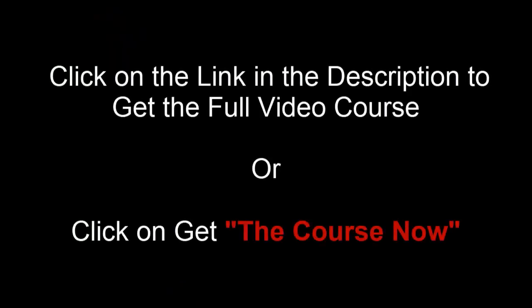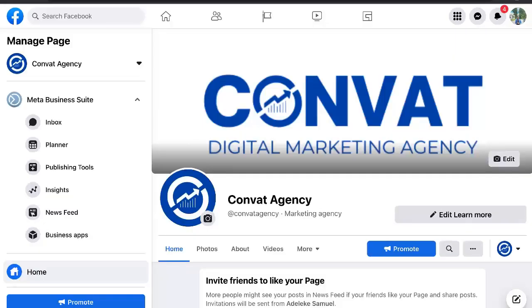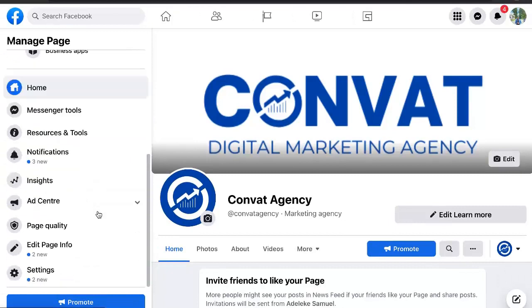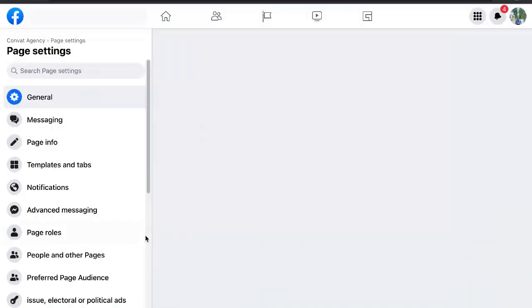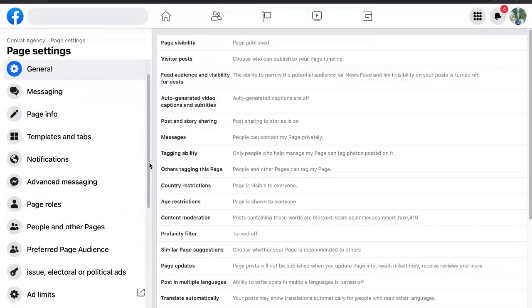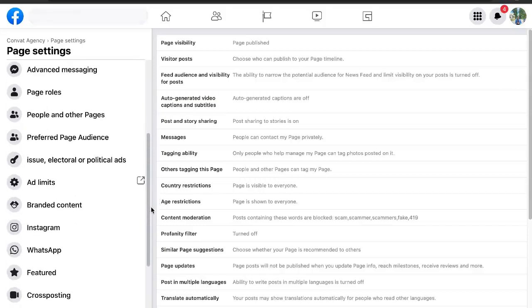Now the first thing you want to do is to connect your Facebook page. So by now I assume you already have your Facebook page and your Instagram business page. So all you need to do right now is to connect the Facebook page with the Instagram business page. So that is the next thing you want to do. And how do you do that? So just go to your Facebook page and scroll down to settings. Go to settings, and from your settings you also need to scroll down a little, and you see